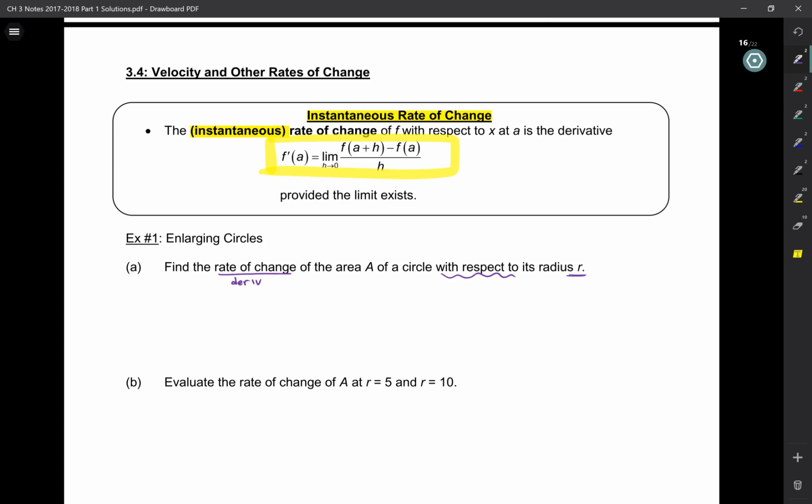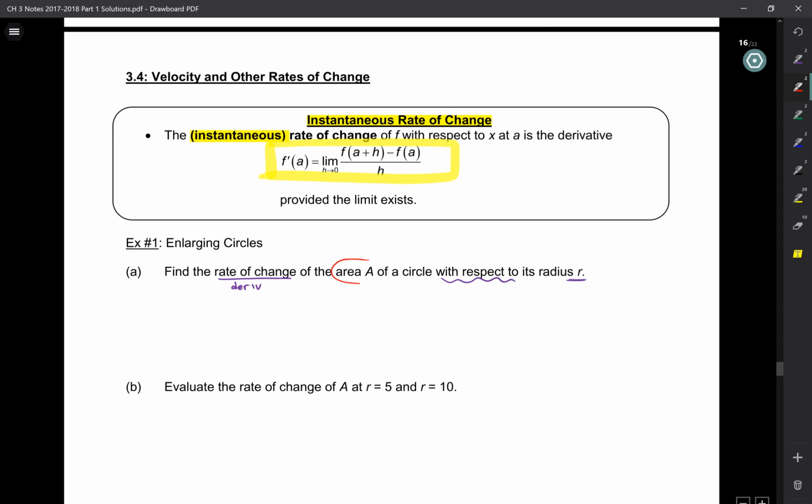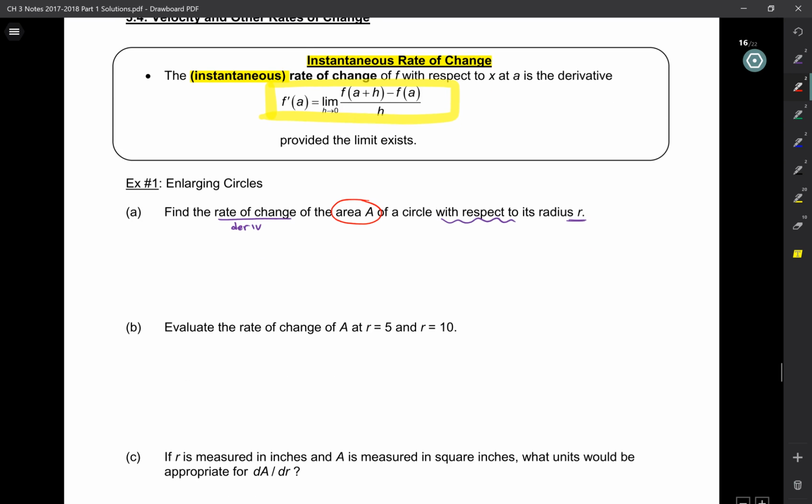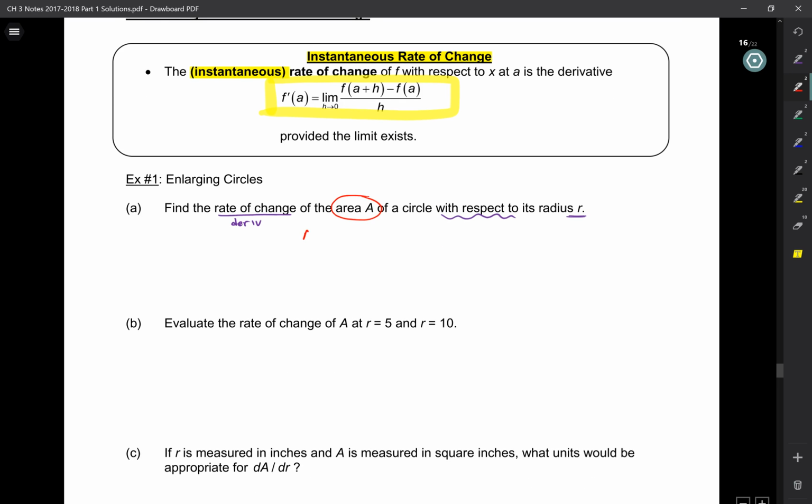All right, so what you start with is the quantity that is changing. So in this case, what is it that is changing? Well, the what of the circle? The area of the circle. All right, so that's what we're going to start with. Now, we know that the area of a circle has a formula,